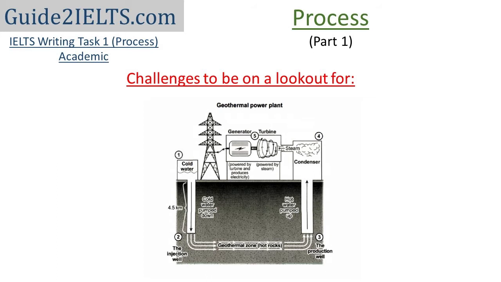So instead of saying "firstly this happens and secondly this happens," I'd rather write "in the first step we have cold water in a rectangular reservoir which is pumped down to a depth of 4.5 kilometers." So instead of just saying "in the next step" or "next this happens," I would say "after the water has been pumped down" or "after pumping down of the water." So I'm consciously writing longer phrases when I move from one step to the other to make sure that low word count should not be a problem.